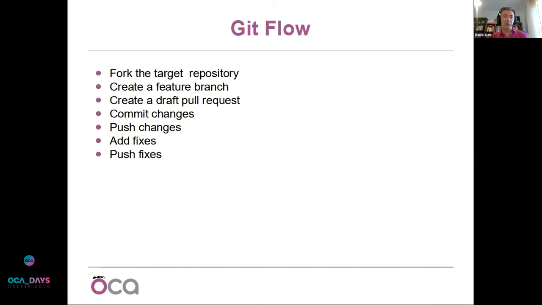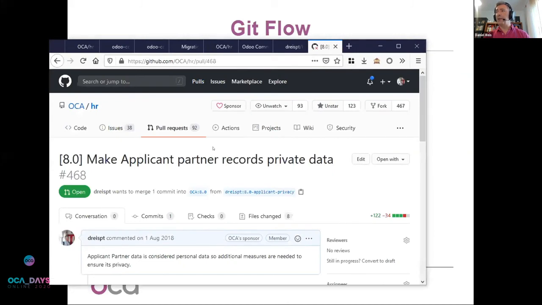So it can save you a lot of work. An early review can save you a lot of work because it could spare you from building the wrong thing. It's not about if it's done properly, it's about if you're building the right thing. So that's very useful feedback. So you create a draft pull request, commit changes, push changes, and later on when you get feedback, you'll need